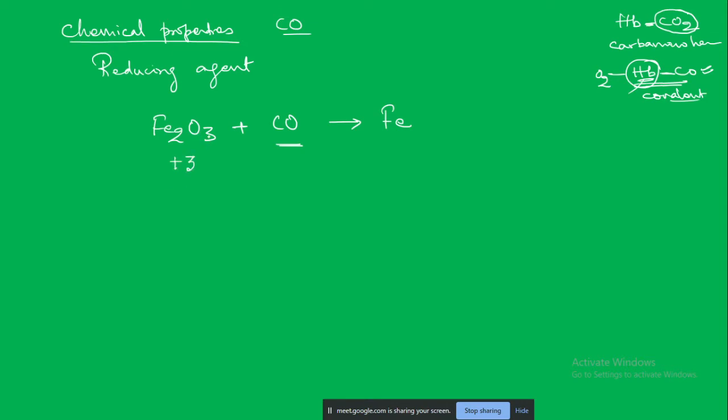Plus 3. Because 3 into minus 2 is minus 6, and minus 6 by 2 will come 3. Okay, coming on this side it will become positive. Okay, so in this way what is happening is that